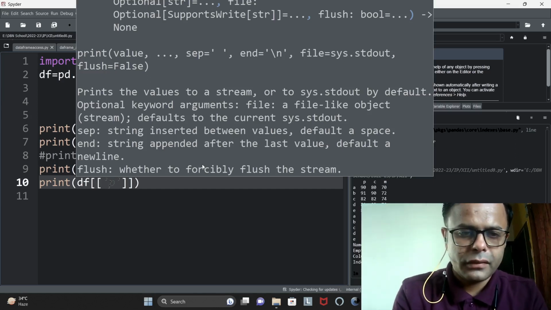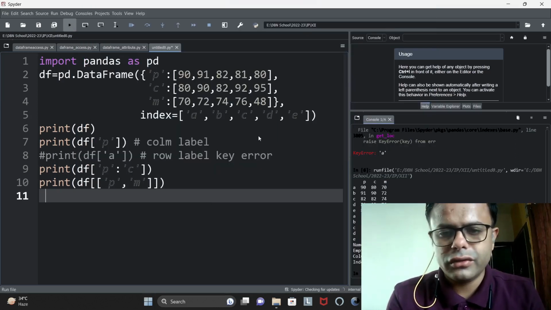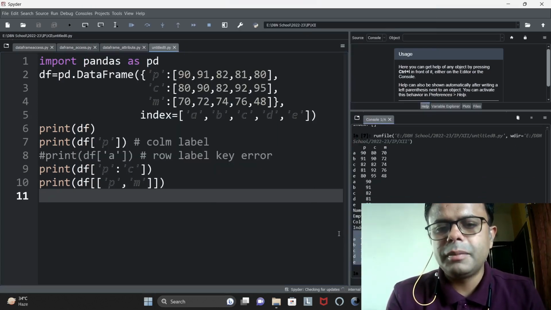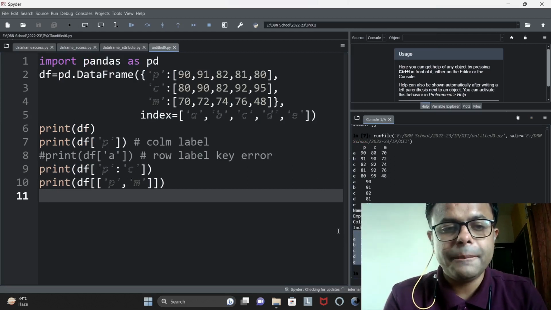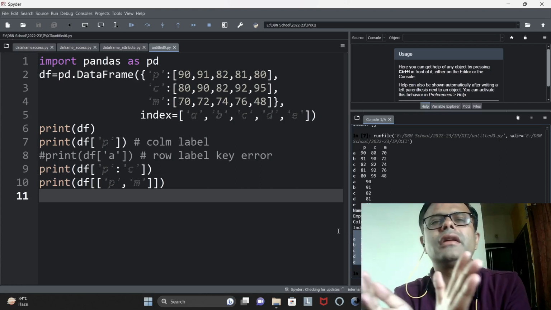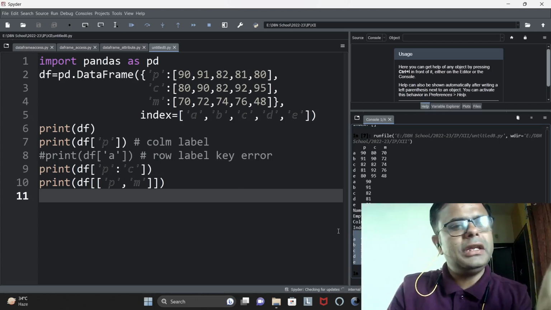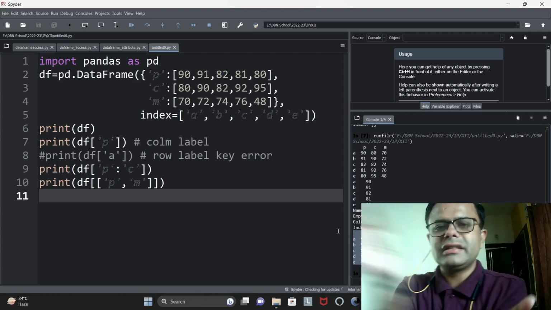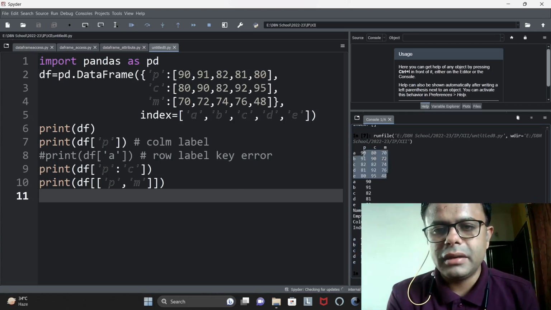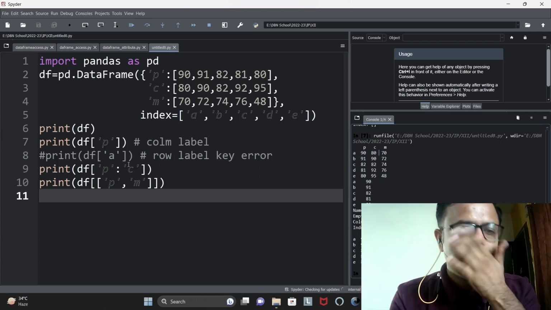See, P comma M, P comma M. If I go through this, it will print P and M. See, again I am saying, if you have to print two columns which are not continuous, suppose P colon C was done, that means P and C are continuous, you can see here, but I have to print P and M, two different columns which are not continuous, so you have to write